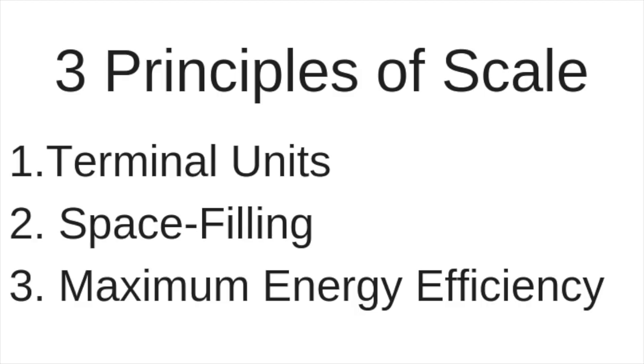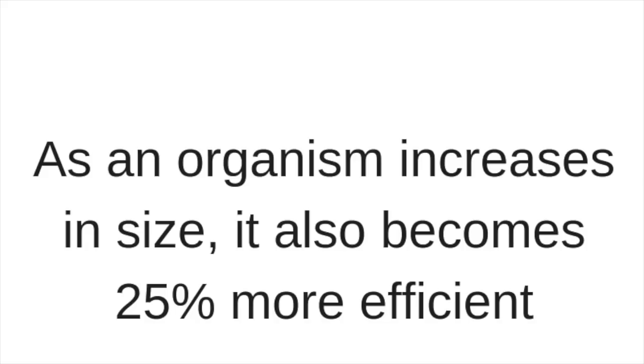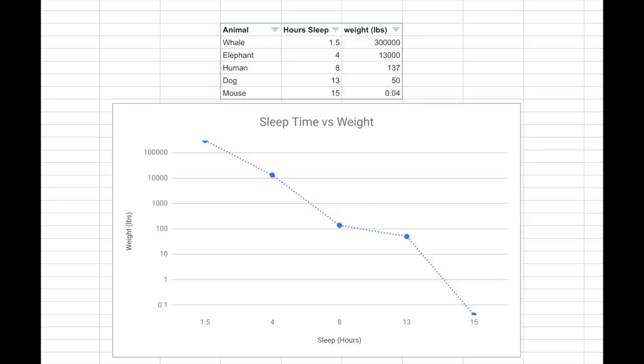The third principle of scale is that an animal must utilize maximum energy efficiency, and this is shown in the Kleiber curve, that as body mass increases, the metabolic rate increases sublinearly. So as an organism increases in size, it also becomes 25% more efficient. So this is a pretty